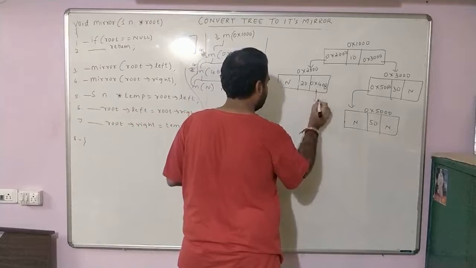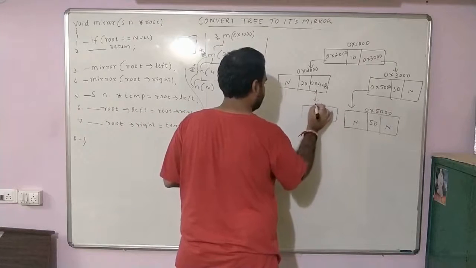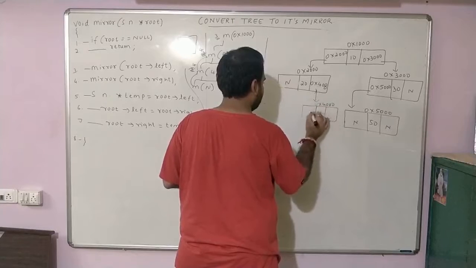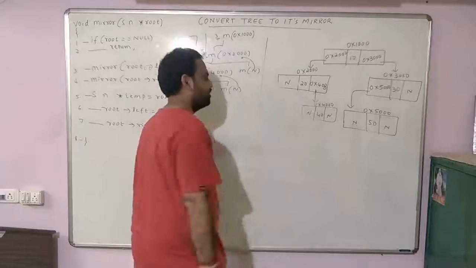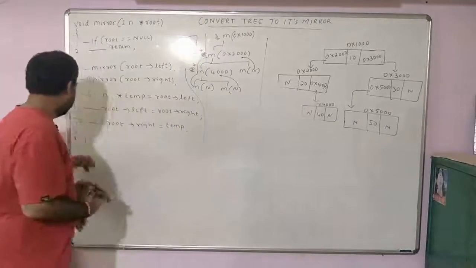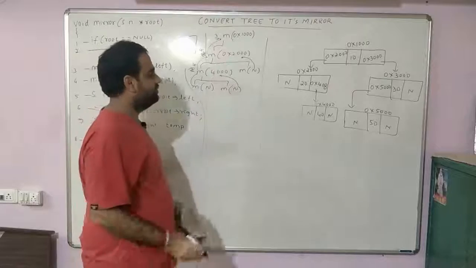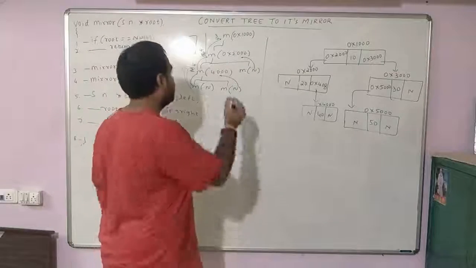This is the right child, and here you see the address is 4000. Here you see 4000, null and null. This is what you see. Fair enough. After you swap, execute line number 8. Again you return back, go back to the point from wherever it is called. Line number 6. Now you have to execute line number 4.